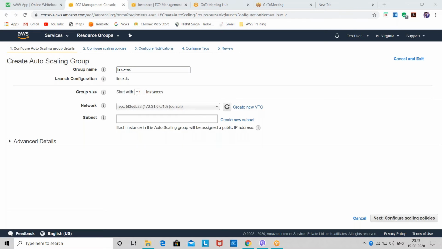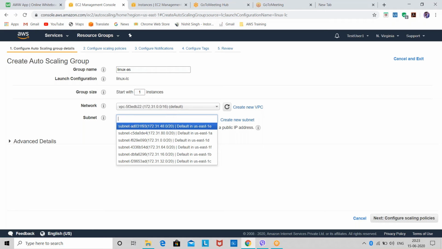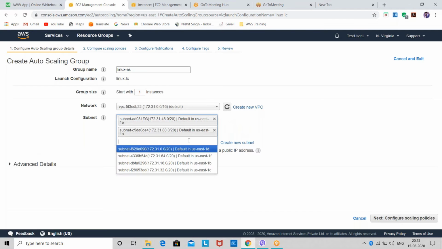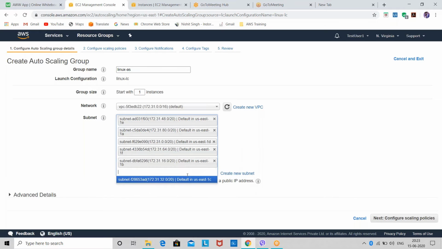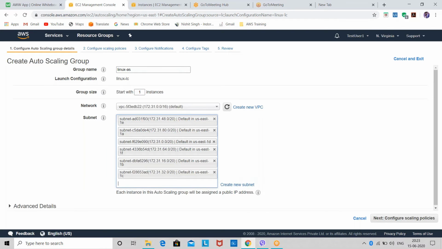So I want only one instance, so I'll not change it. Then they are asking for the network. Because we don't have any private network, we'll leave it as the default one, and then we'll select the subnet. So I'll select each and every subnet, because that will help me. Okay, so now all my subnets are selected.